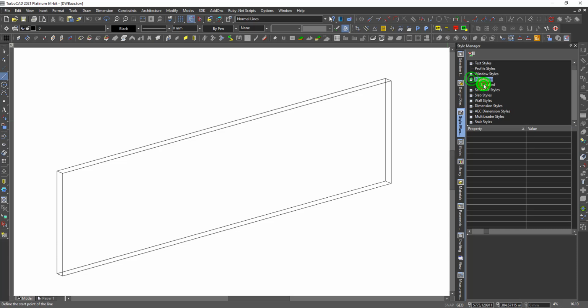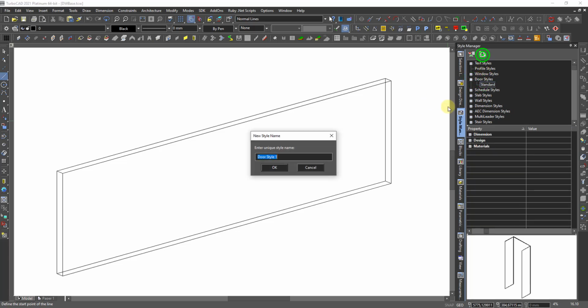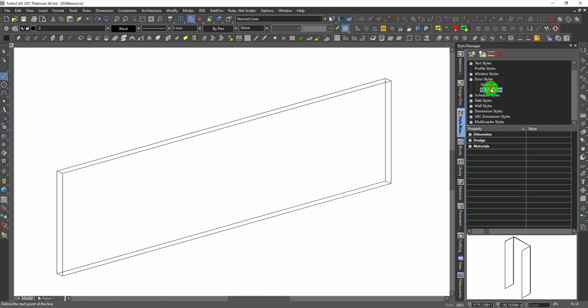Door style, standard, I copy it. And that would be exterior door, base door. Okay. Now we need to change that